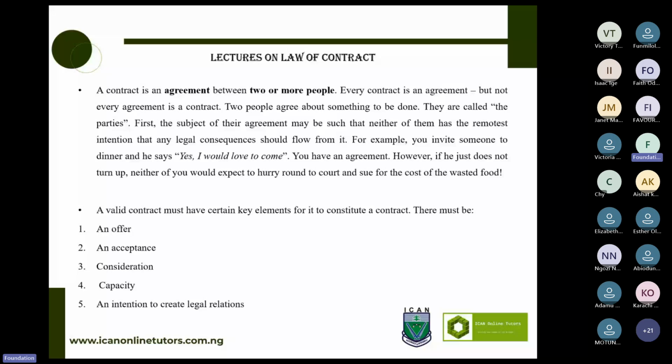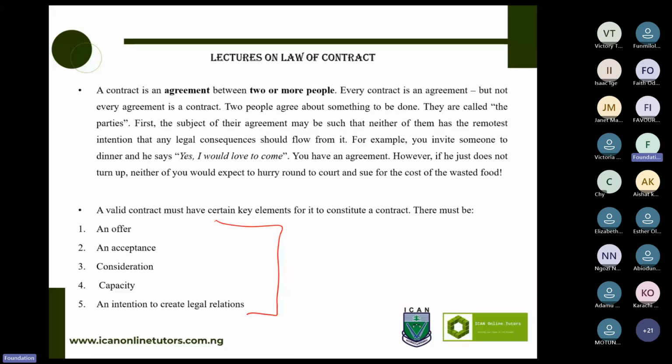Now, back to the theory of contract. For us to have a valid contract, 5 elements must be present. Another battle that we are going to face now is what is the interval of these elements being present? The ones we said earlier: was there acceptance? Was there consideration? Was there capacity? And why do we even call it a contract? I know those questions will come in, particularly for some of us that don't have an accounting background. So let me tell you, for every theory, there is a basis that backs it up. And for every general rule in law, there's always an exception.